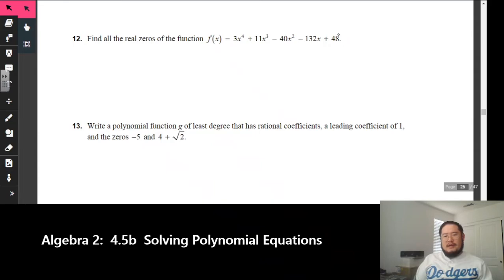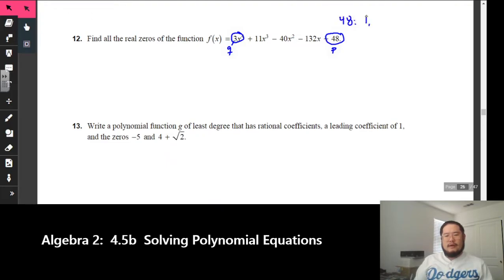Okay, let's try this again. So we have right here 48. Remember, that's going to represent P. The coefficient to the degree of the polynomial will represent Q. The reason why I say this one's going to be complicated, because it is, because there's so many different possibilities here. For the number 48,